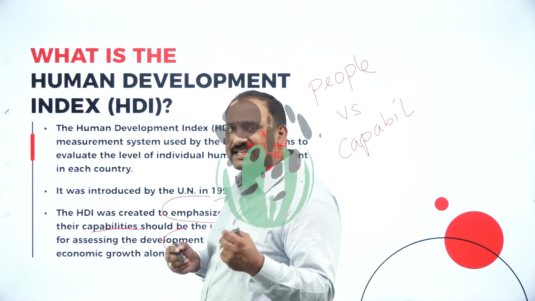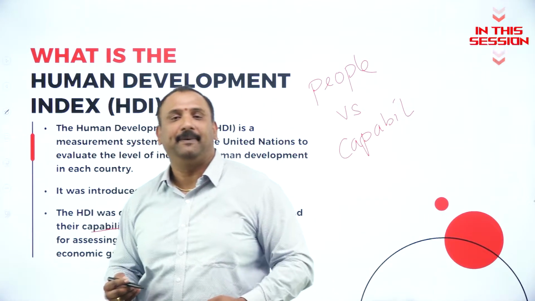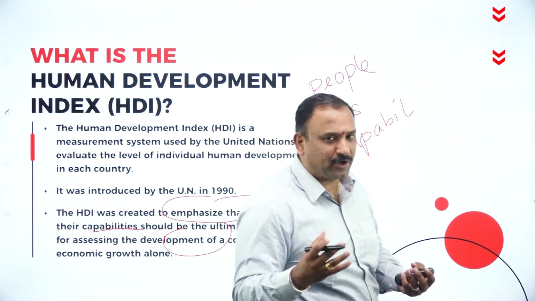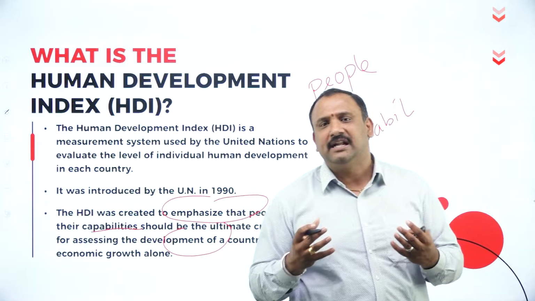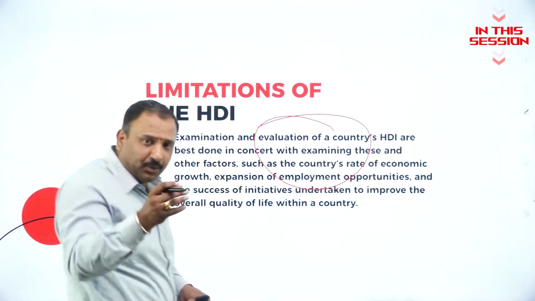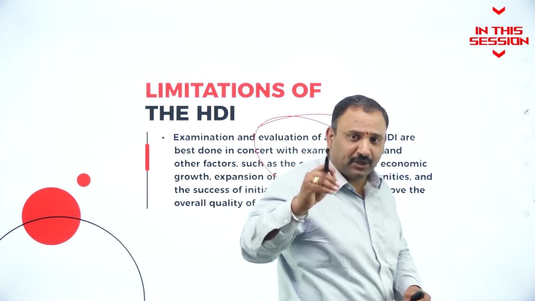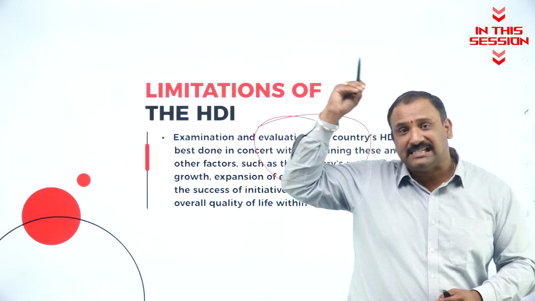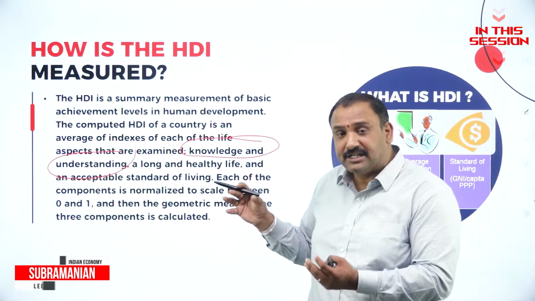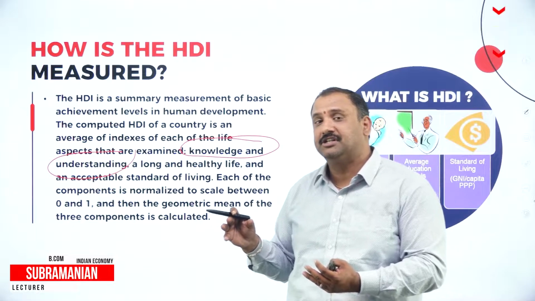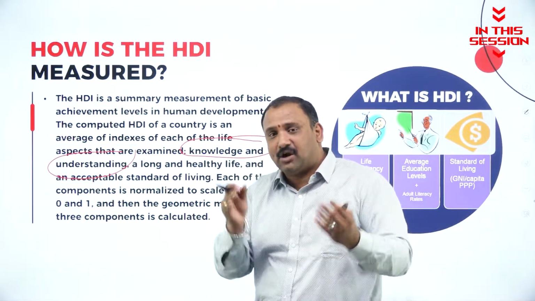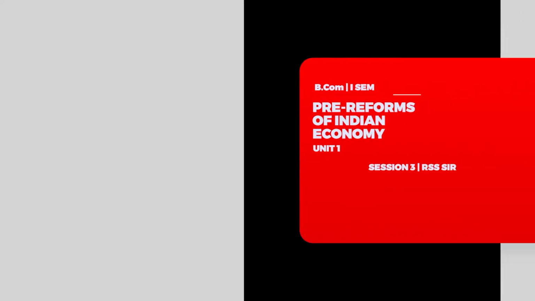India is always an active participant in the Human Development Index. Why? Because our aim is not just about securing the ranks or spots, but our aim is to understand how we can make the life of people better. Probably, if you now look into India, this is the best country in the world which is able to provide maximum employment to people across the globe. The factor of knowledge and understanding is not just from the educational qualification. It's also from understanding the nature, understanding the surroundings, the environment where you live in.